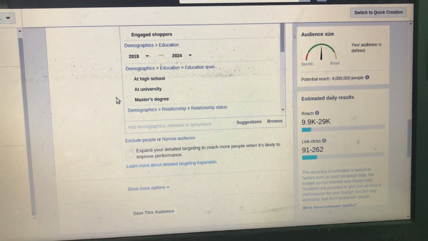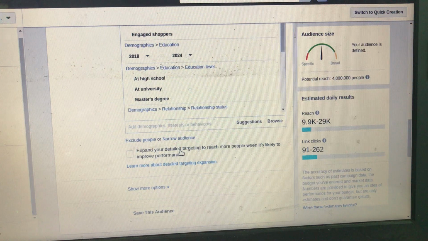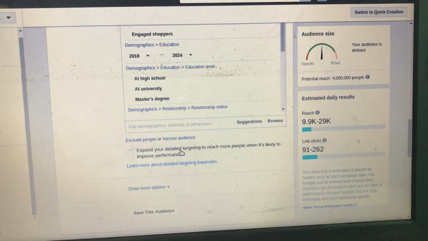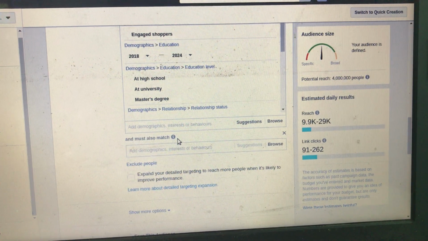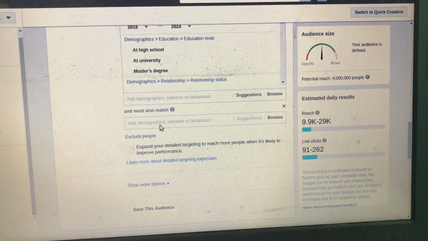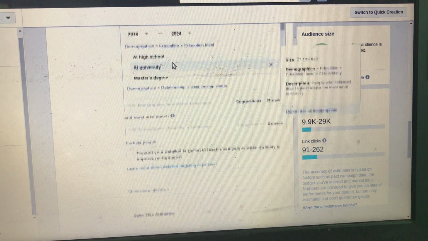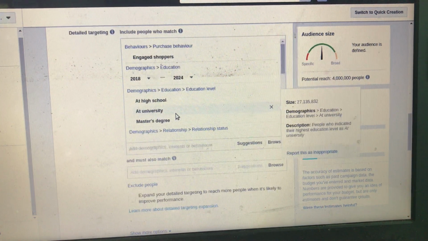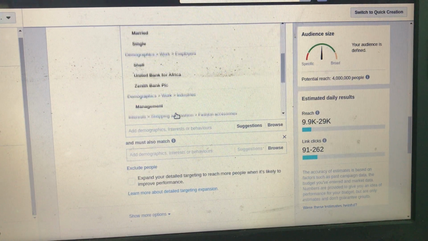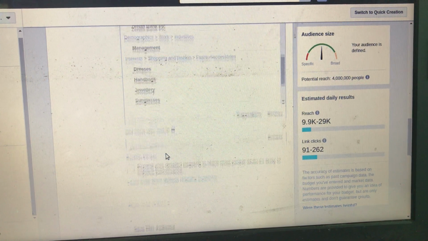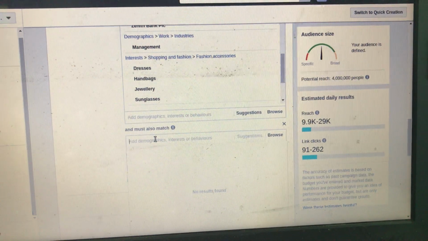Now you can choose to expand your detailed targeting to reach more people when it is likely to improve performance. But before I do that, I want to narrow down my audience. I told you that I'm targeting people who are going to buy women's clothing alone. So I will come here and click on narrow. And all of these people are people that might be interested in whatever I want to sell. And if I say women's clothing,